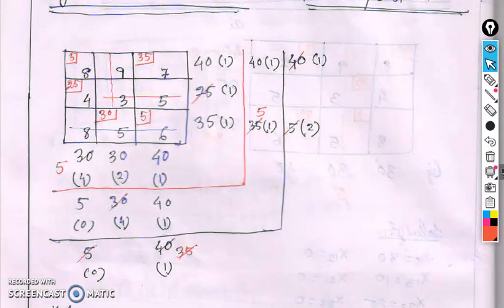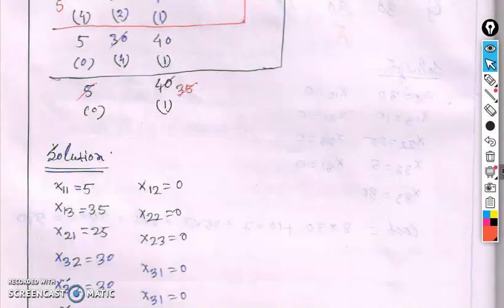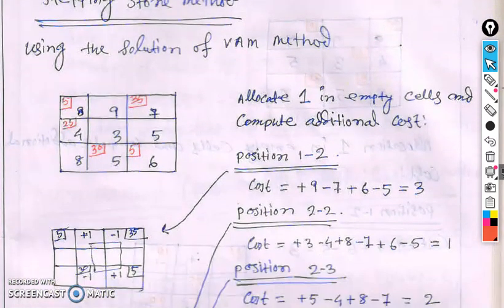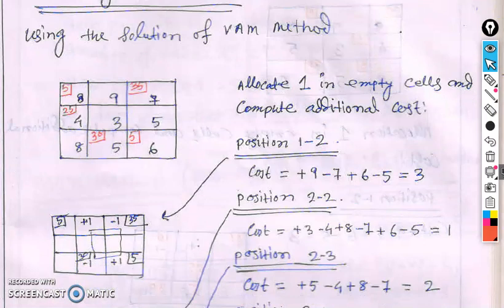In the first cell, the input is 5 units, in the 1 cell and 3 cell is 35, and so on. So we start from this table. How the stepping stone is executed is very important. Again we repeat: if you want to find the optimal solution,